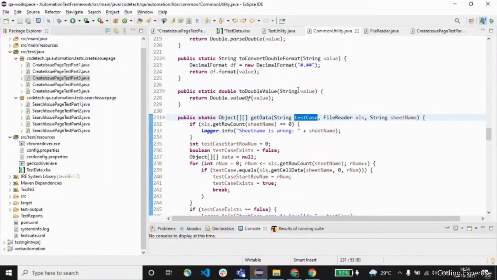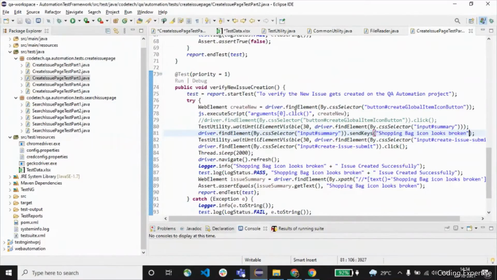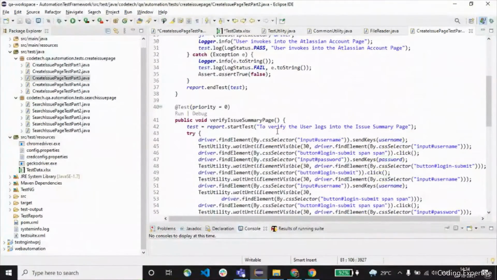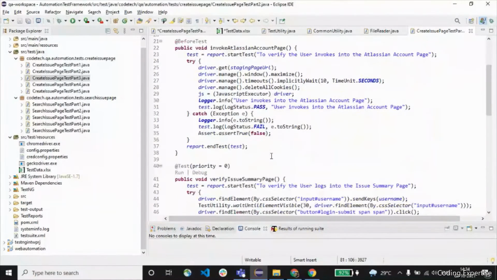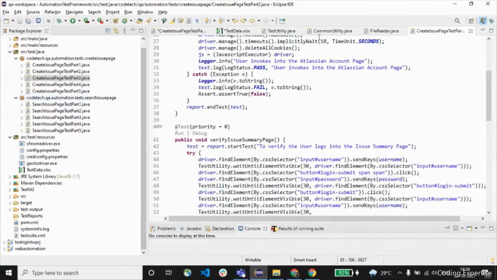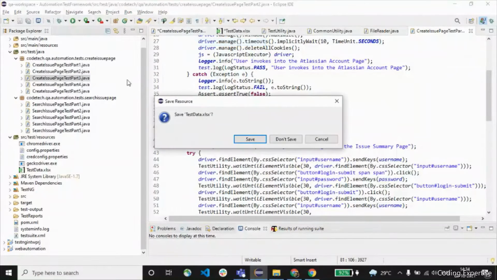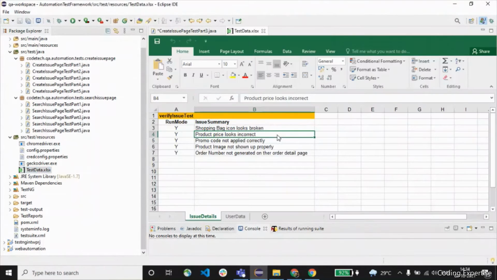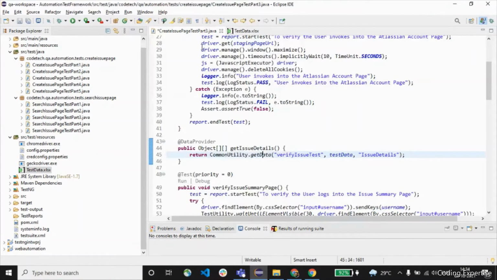Let me show you this part again. If you watch keenly, you will come to know. Let me close all this and I'll show you one by one. So get data takes 3 parameters, as I said.